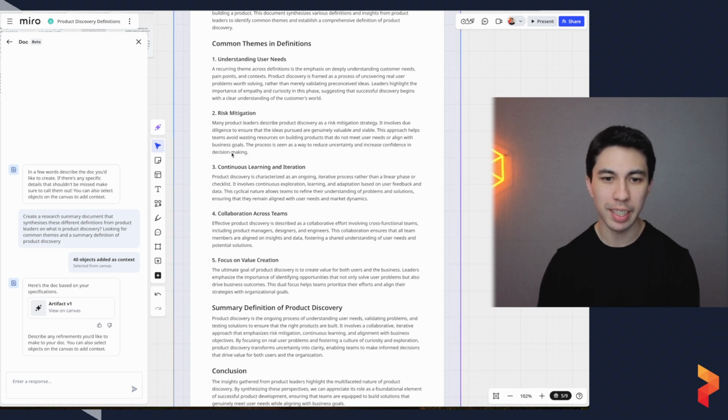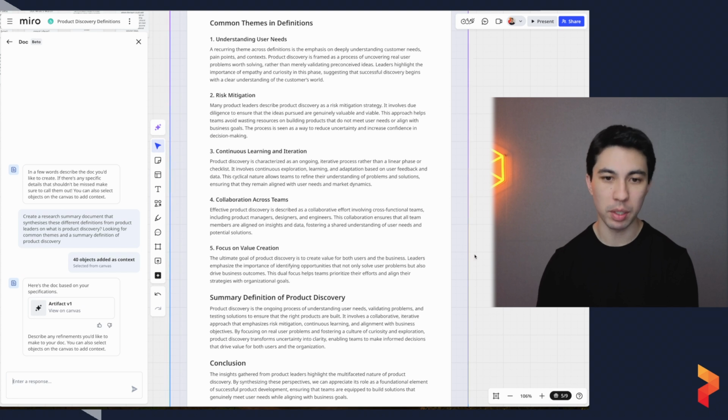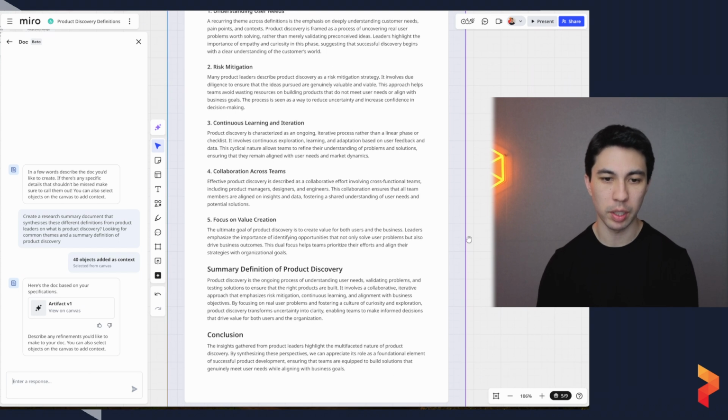Decision making is in there, it just hasn't been called out as a key theme, but that is 5 themes instead of 7, right? Is probably the difference here. And then